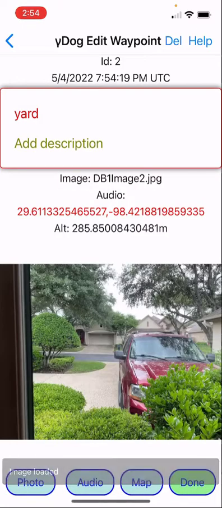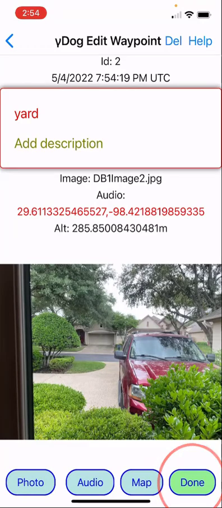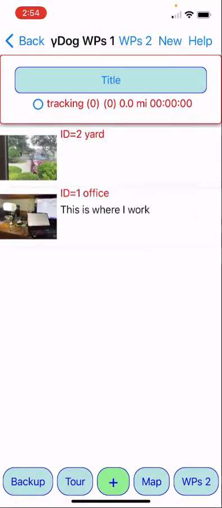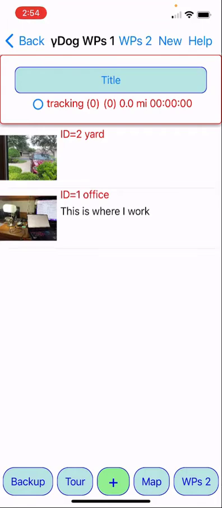And we'll say done. All right, so now we've got two waypoints, and there's no limit on the number of waypoints. Now, the waypoints are actually never going to get lost, but sometimes you want to store them off or share